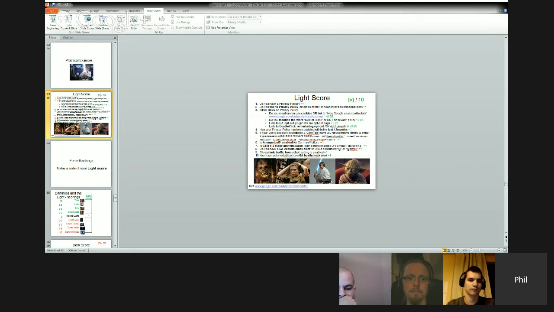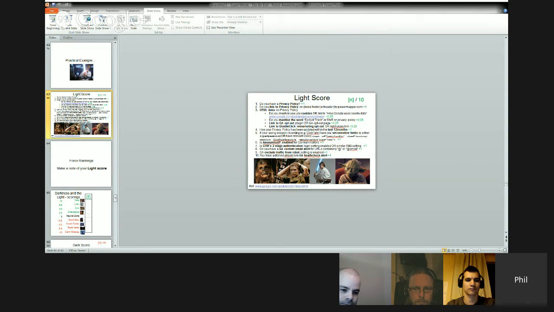The other one is, if you're linking to the Google Analytics opt-out, there's a requirement of using Google Analytics that you have to actually have this opt-out link, but not that many people actually add it. So you get 0.25 of a point if you do that. And also, if you link to AdChoices, that's the little blue icon, or the DoubleClick remarketing opt-out, you get another 0.25 of a point. So how are you doing so far on point scoring? You've got a maximum of 3 points that you could get so far.